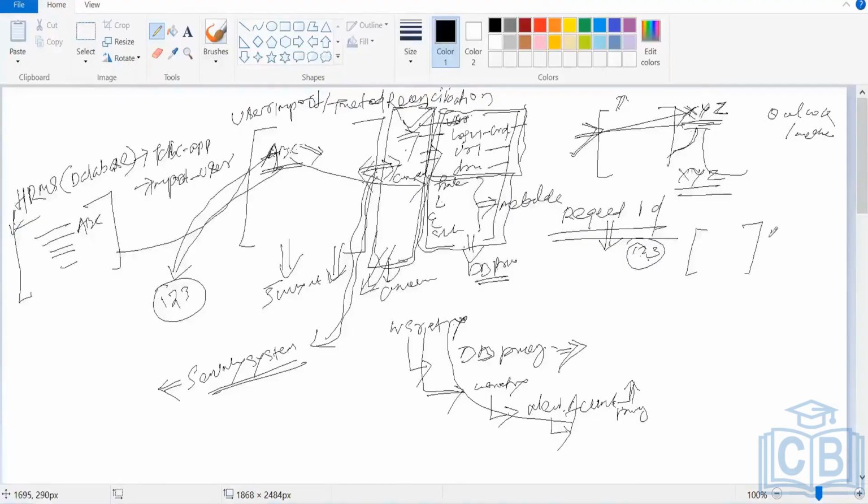Let's say this is ABC and the application is a ServiceNow application. When you are integrating this ServiceNow application with Saviynt, you must have a name here to identify it. If tomorrow I go into Saviynt and want to see how many applications I have already integrated,